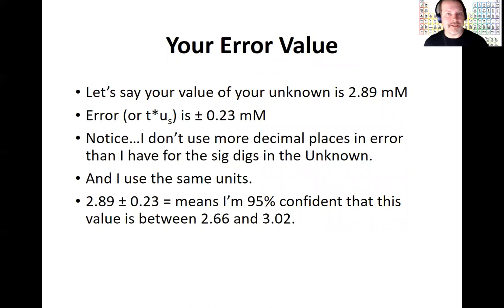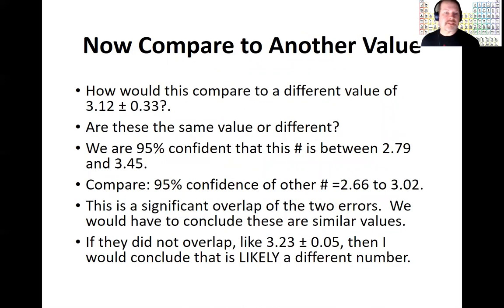Well, if you have to compare this to another value, let's say your other value is 3.12 plus or minus 0.33 millimolar. Well, did I just get the same value? I mean, it looks different. The averages are different. That's the 3.12 versus the 2.89. So how do I know if they're the same? Well, I have to look at the error and the overlap. So I'm 95% confident that this is between 2.79 and 3.45. The other value was between 2.66 and 3.02. That's a significant overlap